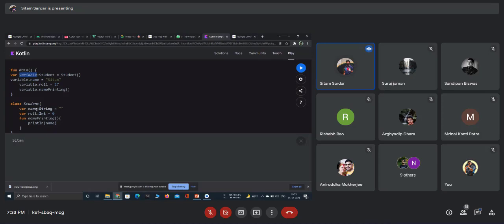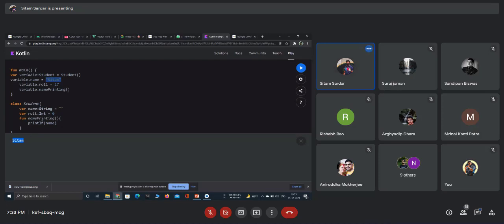Inside this section I had already written a null value, so it is now replaced by this string value. So now in this name section, there comes my name. Then I am printing this name itself, so it should print my name, and it is also printing my name. So this is how it works.